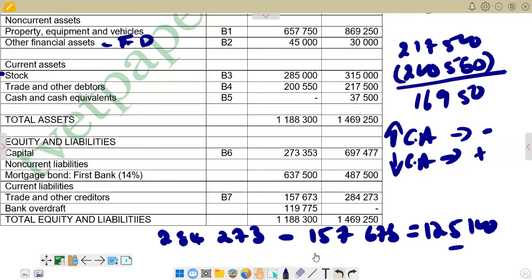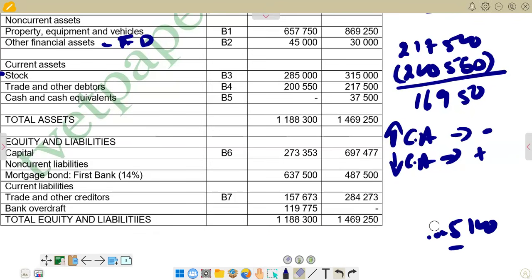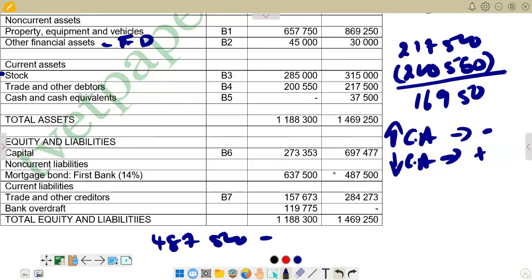So we are going to say 487,500, and then we subtract 637,500. And if you calculate correctly there, you're going to get 150,000. So this is an outflow. So we go there